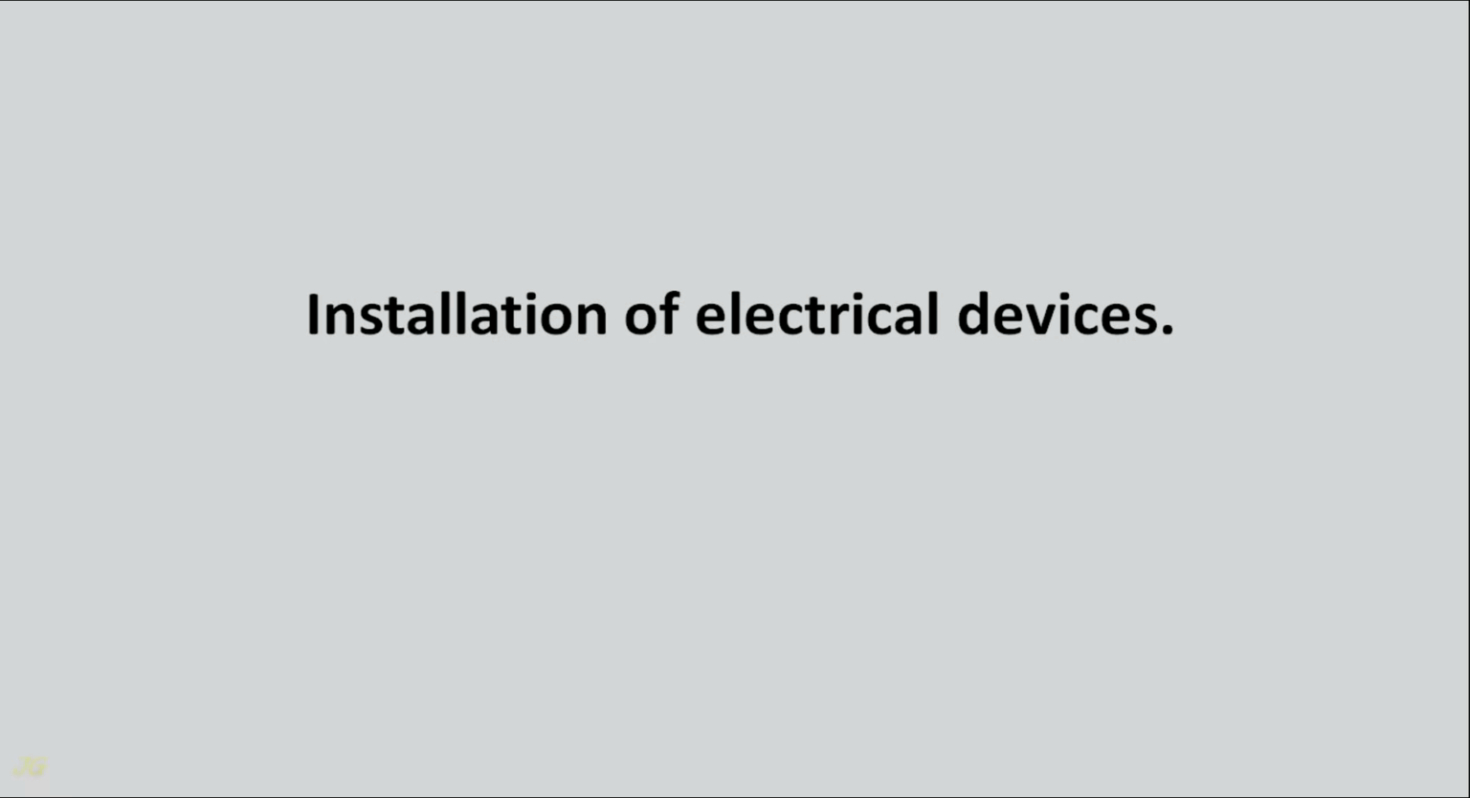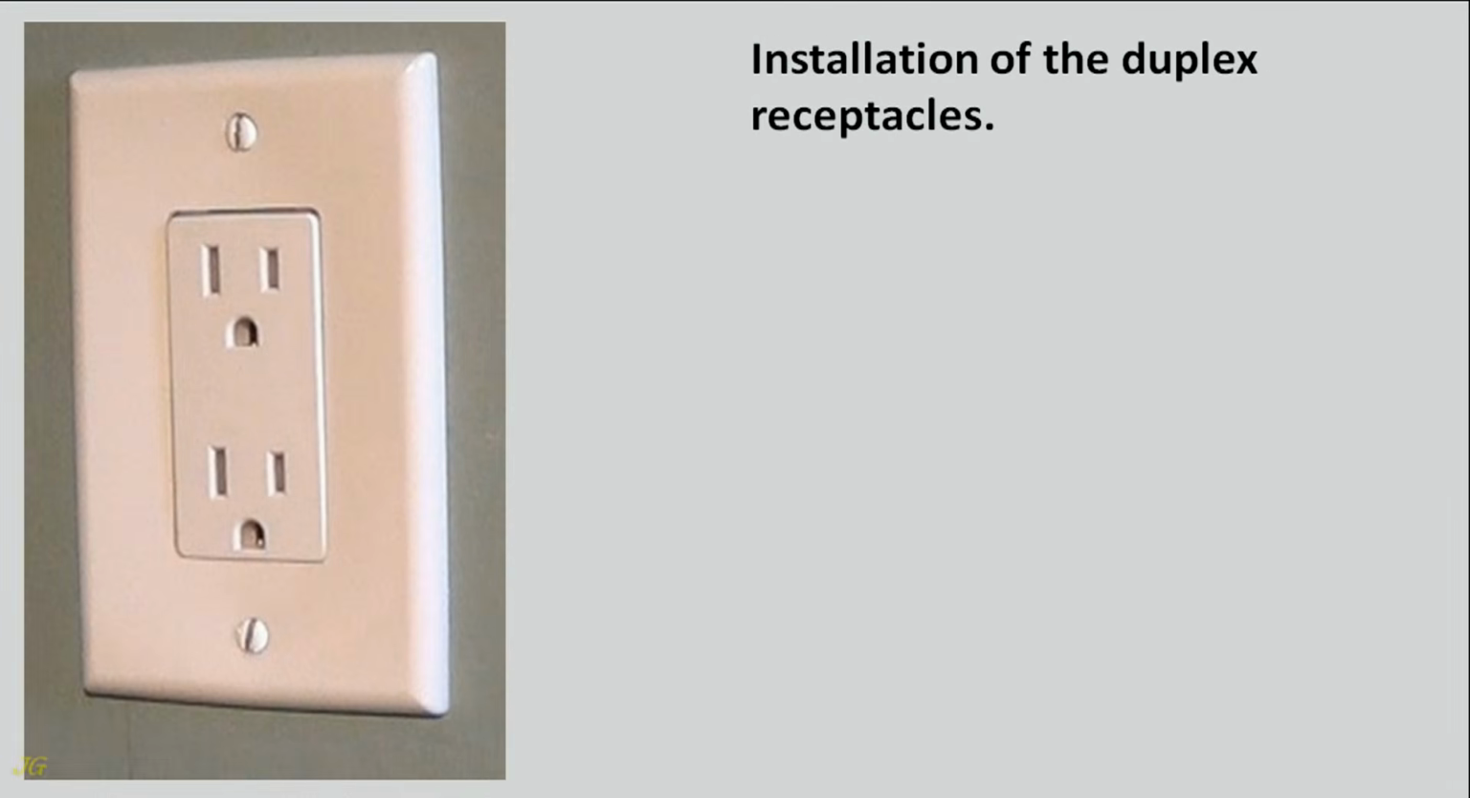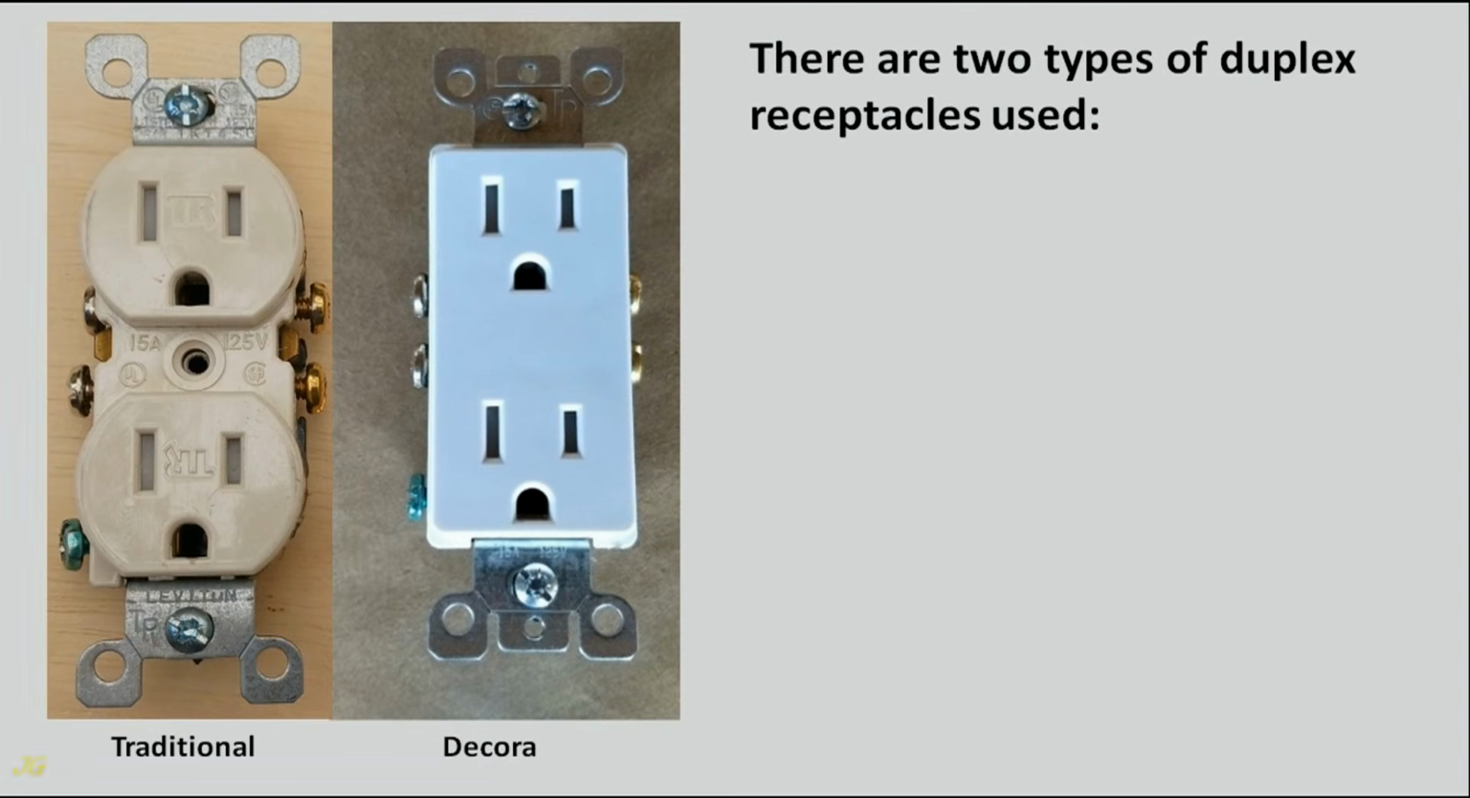Installation of electrical devices. Once the necessary inspections have been done where required and the walls have been finished, the electrical devices can be installed. Installation of the duplex receptacles. There are two types of duplex receptacles used: